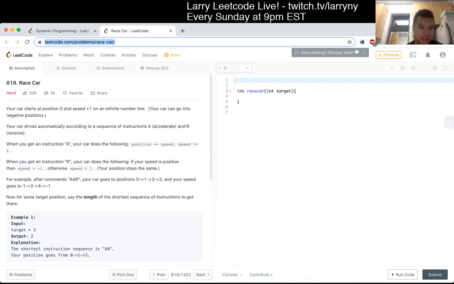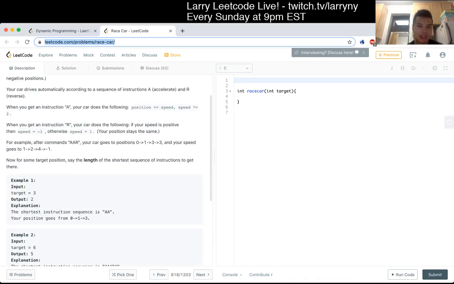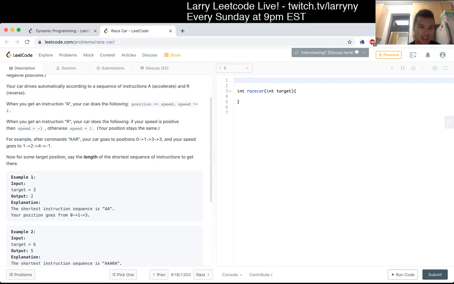When you get an instruction A, your car does the following: you gain some speed, and then your speed left shifts by 1. When you get an instruction R, your car does the following: if your speed is positive, then it's okay. So you just change signs and also stop. Well, not stop, but your speed goes to just